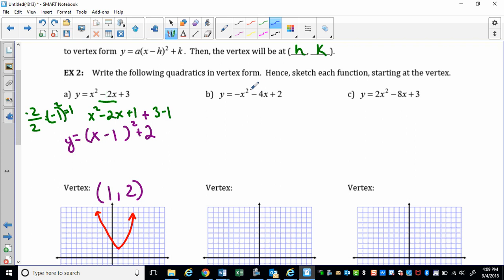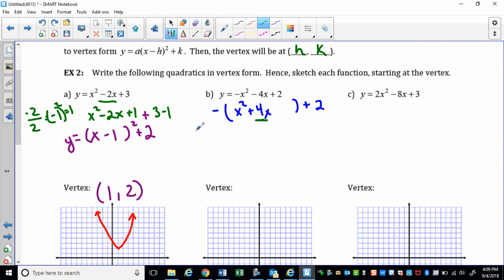What we need to remember is we have to factor out anything in front of that x squared. This is a -1 in front of the x squared. We have to factor that out. So I have negative parentheses, and then we have x squared plus 4x. I'm not going to factor out the 2, so I'm going to put it on the outside of the parentheses. Sorry, 4x. Okay, so remember, we're just taking this middle term right here, +4x now, and we